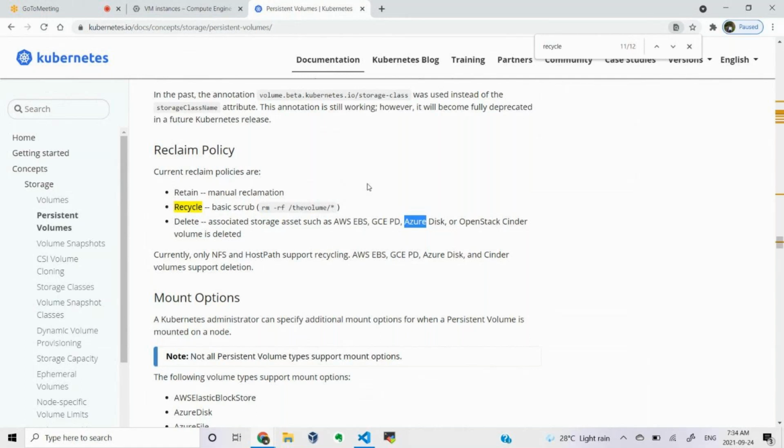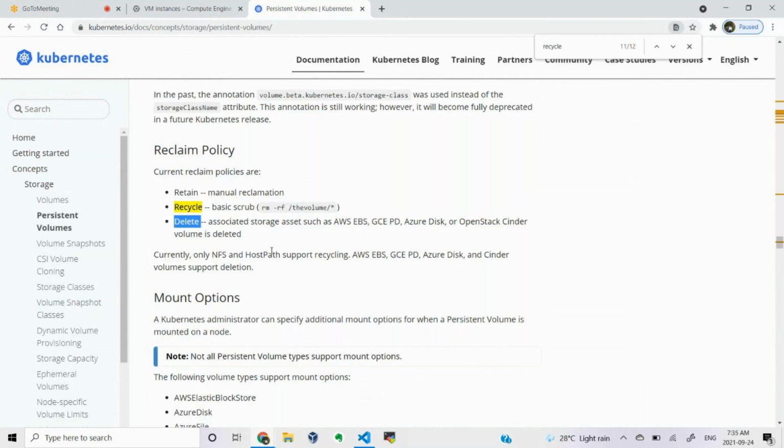Let's say you are using AWS or Azure Disk and you created a volume that was utilized by your PV, and you created your PV with a reclaim policy called delete. Now you created your PVC. Once you delete your PVC, the PV will get deleted automatically since the reclaim policy is delete, and the backend storage you are using also will get deleted automatically. So if you want that, then you have to go for the delete reclaim policy.